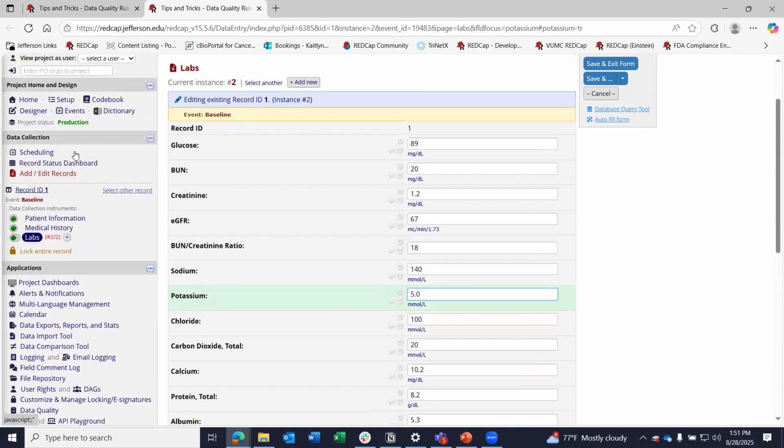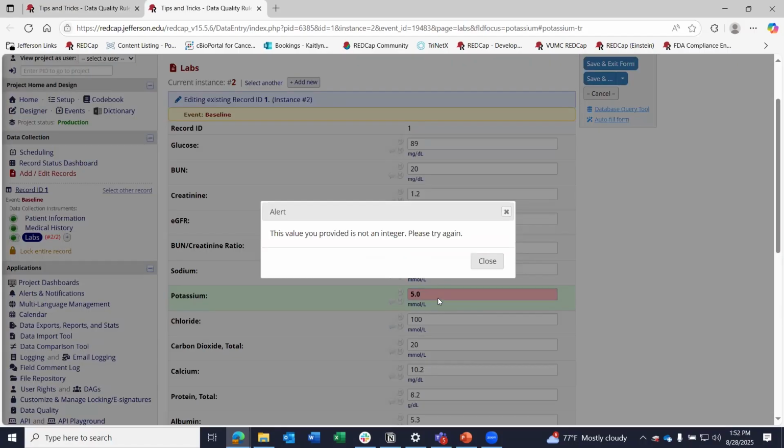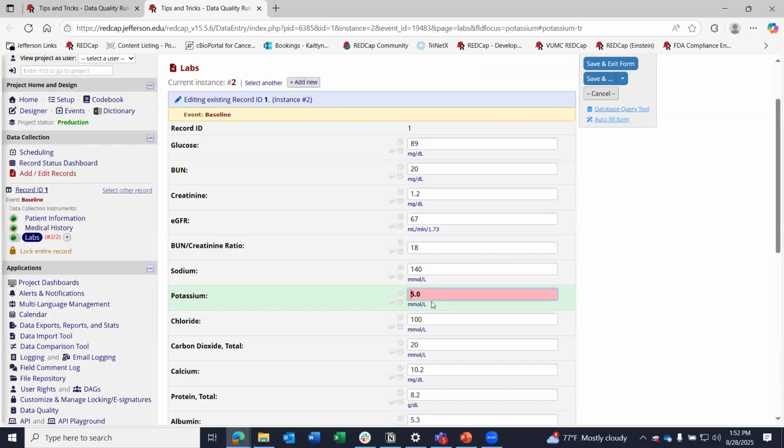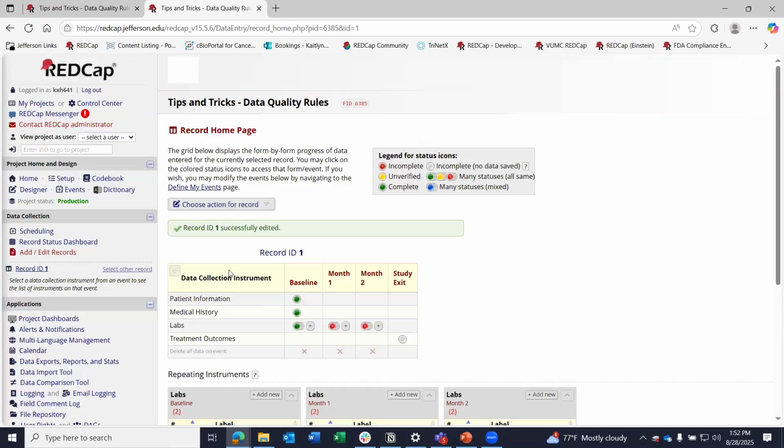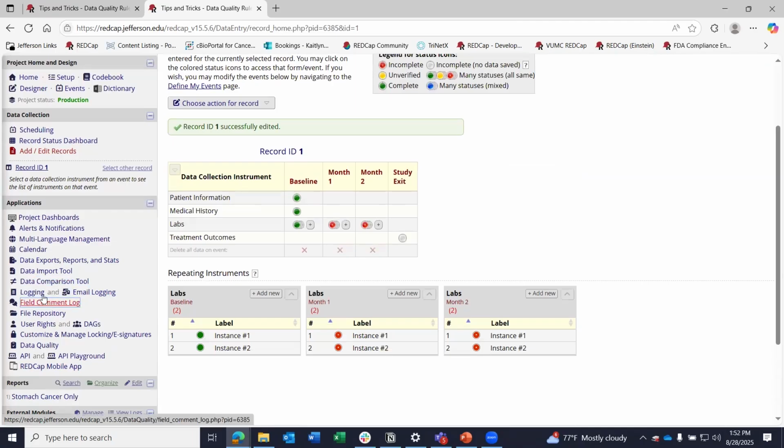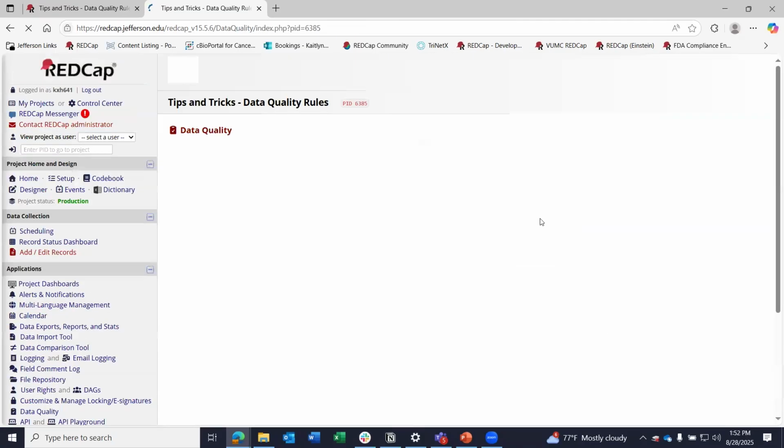So we've got a number for potassium. This validation is requiring it to be an integer. And the validations, unlike the ranges, do not allow for you to just ignore them. They do insist when the form is open. But if I've done my validation change after I already have data in my project, I might run into this situation where I have some of these values that no longer fit. That's the value that's saved, and I have to follow up on them in order for them to fit. Or I can leave them as they are, depending on